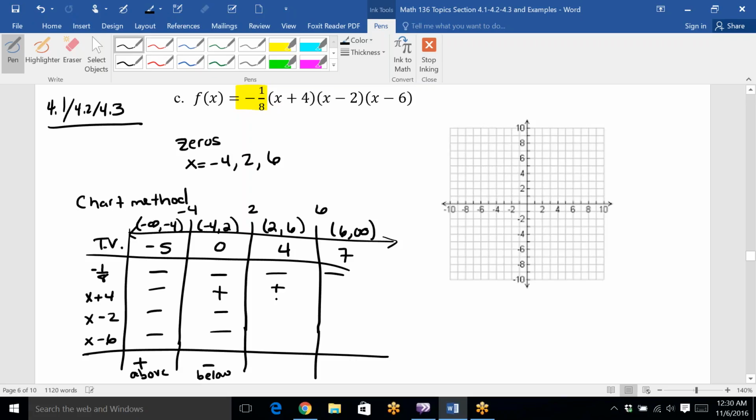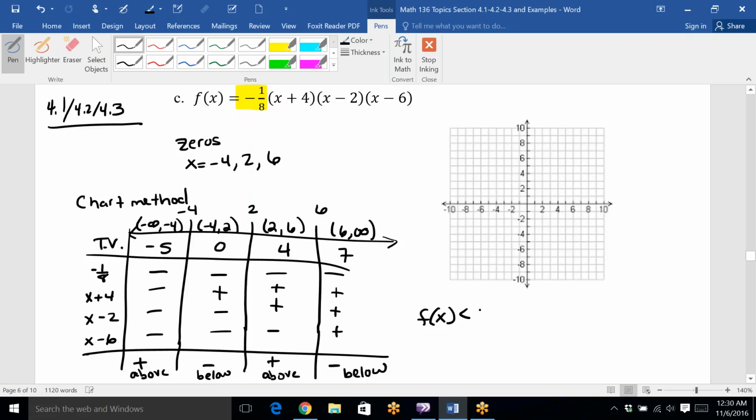4 plus 4 is positive. 4 plus 2 is minus 2 is positive, and 4 minus 6 is negative. 2 negatives make a positive, so this one will be above. And 7 would be positive, positive, and positive, but the negative at the top makes the thing overall negative, so it'll be below. The good thing about doing this by the chart method is that you've already answered the question,